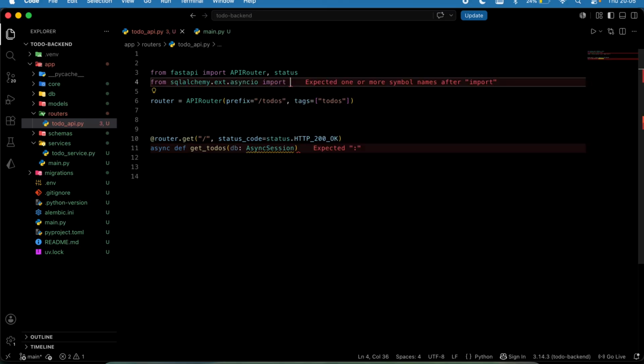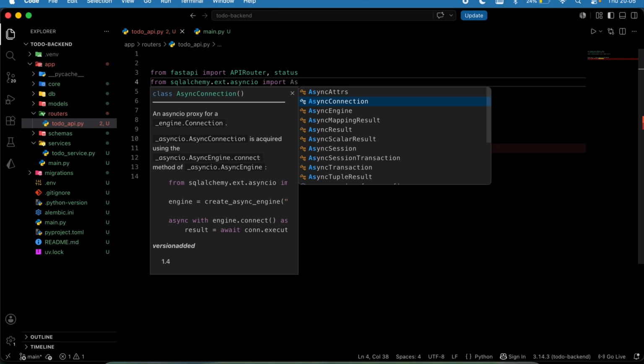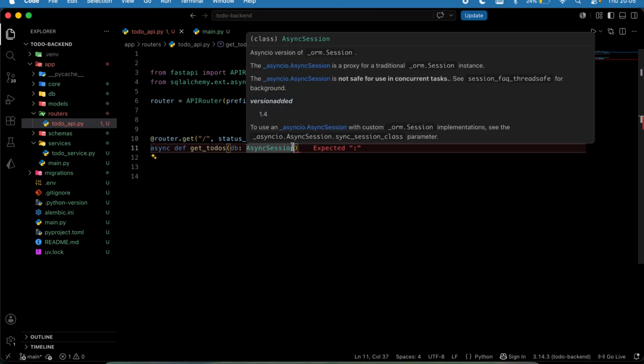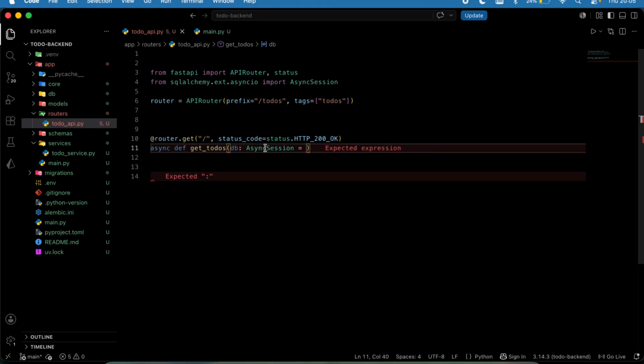Import your AsyncSession, this one right here. Okay, so this is going to be passed in, and I'm going to say equal to the value of this database is going to be,